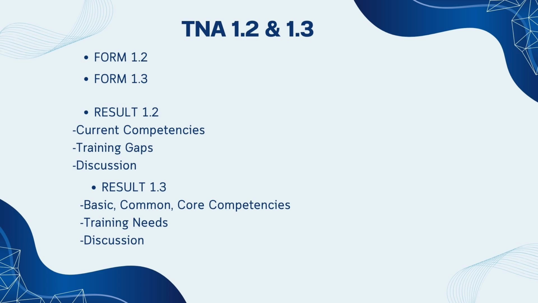For Form 1.2, I identify the current competency versus the required competency of the trainee for respondent 1 until respondent 10. For the next form, the TNA 1.3 under the basic, common, and core competencies, I identify the training needs of the trainee